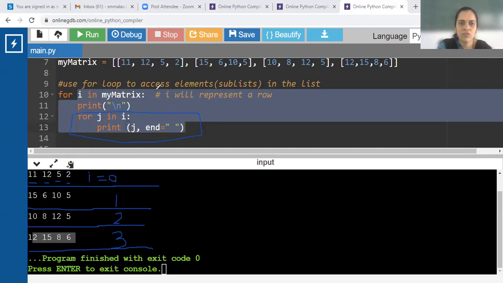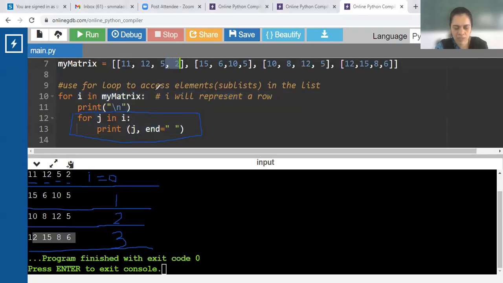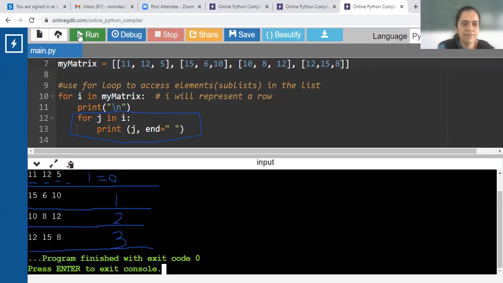Now I make a change over here. See, now observe what I am doing. I am making changes over here where I have defined the matrix. And I will execute the program.